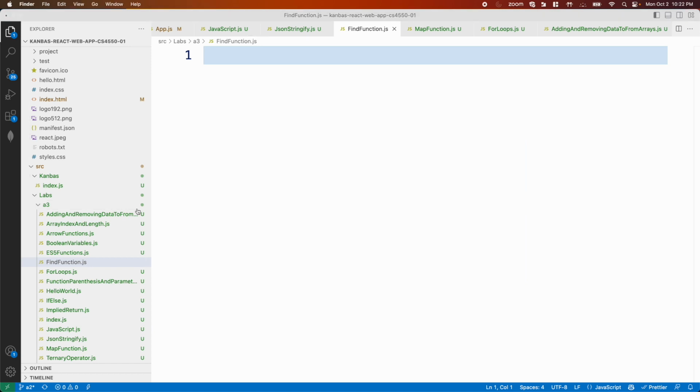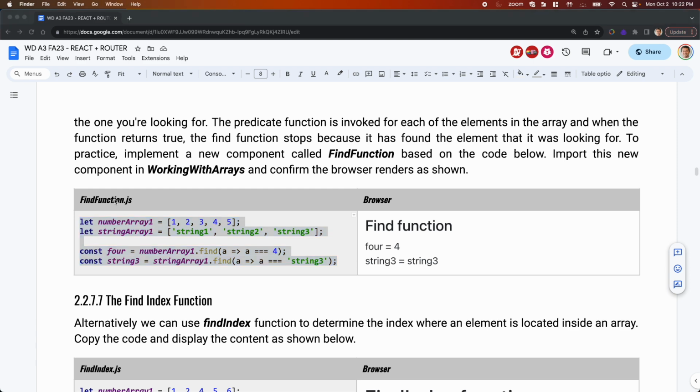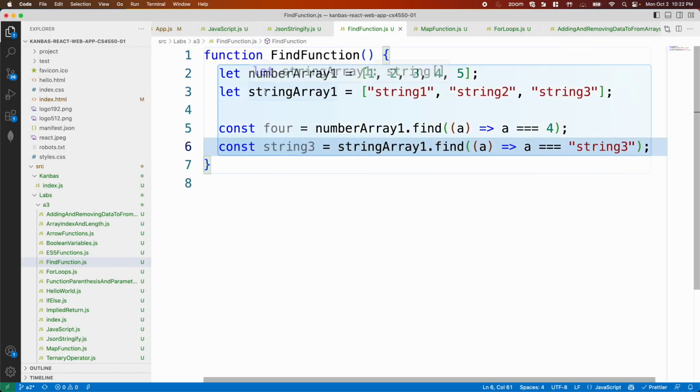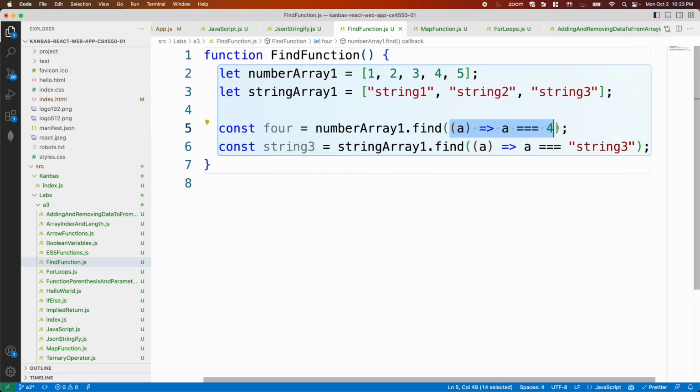and the function. So function, and let's copy the sample code. So it's declaring two variables, one with an array of numbers and one an array of strings. What this does is that find takes as argument a function, and then it lets you iterate over each item. So a takes in 1, 2, 3, whatever. And then if you provide a predicate as the body of the function, and if that predicate returns true,